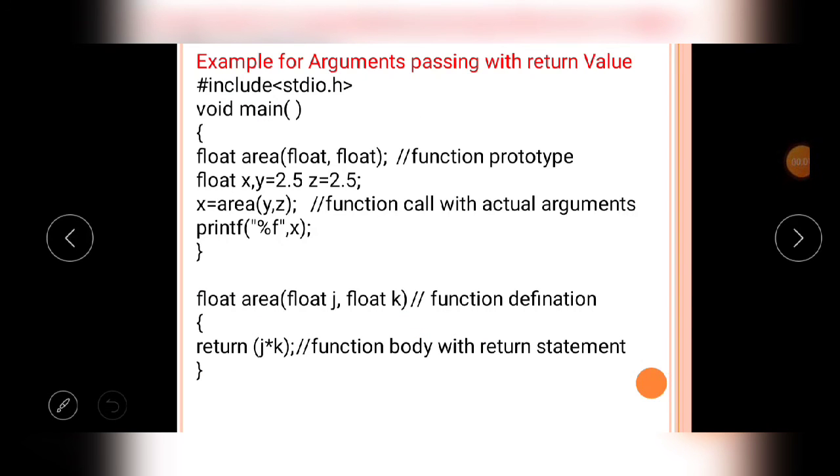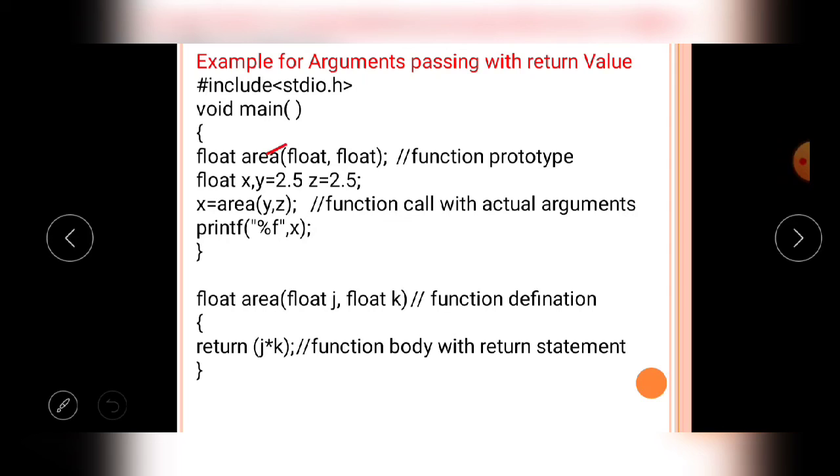So students, if you understand the user defined function of type argument passing with return value, then the remaining 3 types are understood in a very easy manner. That's why I will explain the first type, argument passing with return value, with one more example. Observe the example program.